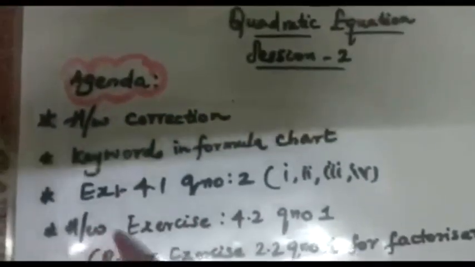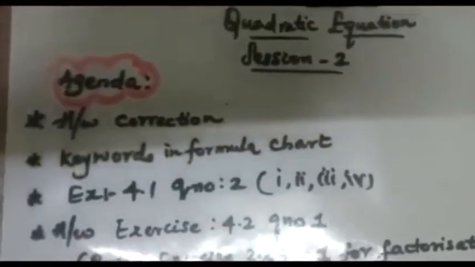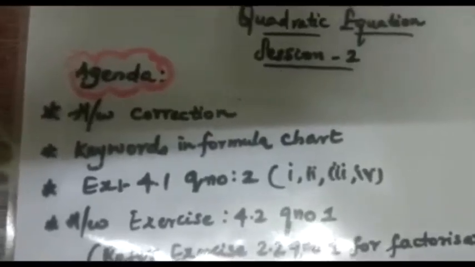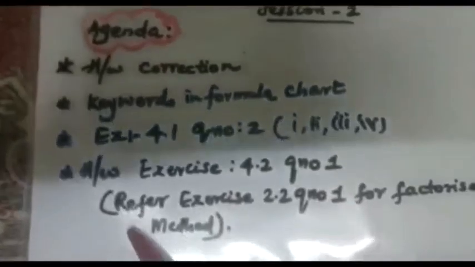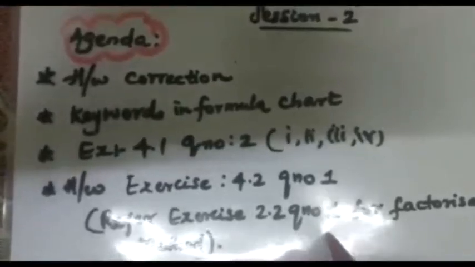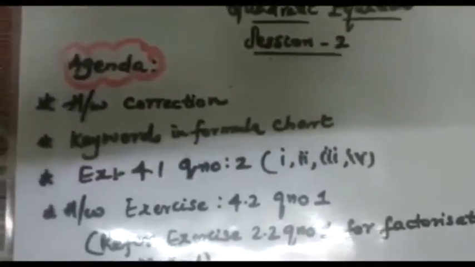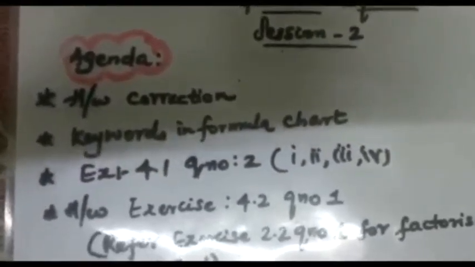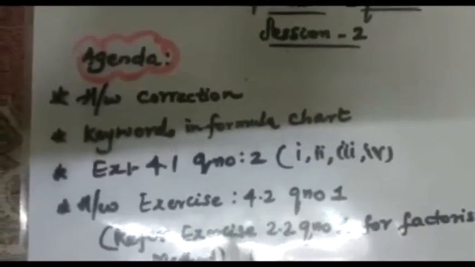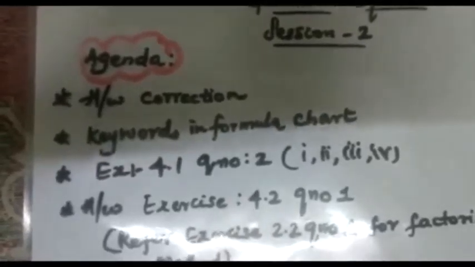After that, here you can see I have given you homework: exercise 4.2 question number 1. Obviously you must be having a doubt that we have not started any problem of 4.2, so how to do the problems for this exercise? I have given the tip here. It is related to your factorization. For your help you can refer to exercise 2.2 question number 1 for the factorization method. At the start of this quadratic chapter I told you this is just an extension of your polynomial chapter. So please go through exercise 2.2 question number 1, all the bits. You will definitely get the idea of how to solve exercise 4.2. It is just like a revision of polynomials in the factorization method.